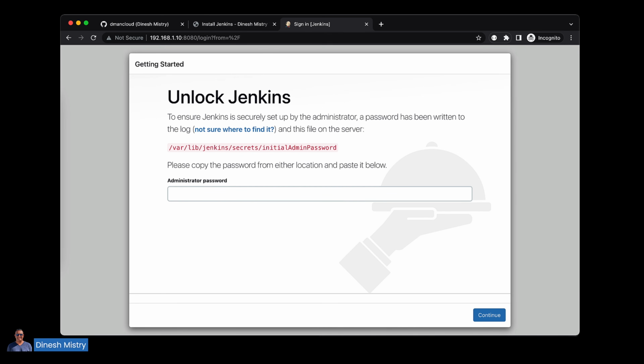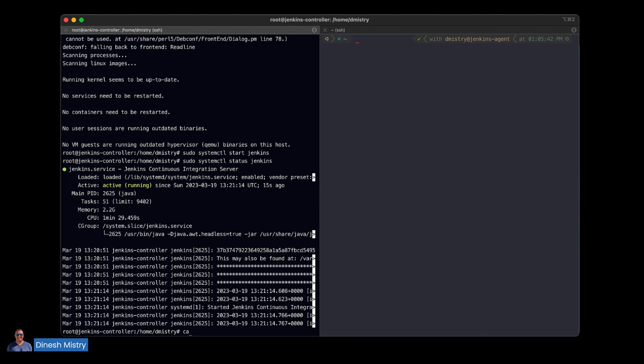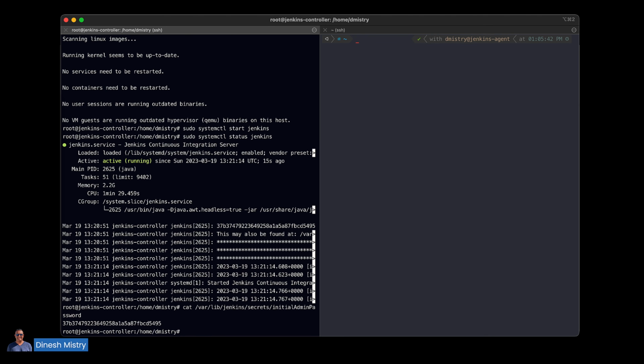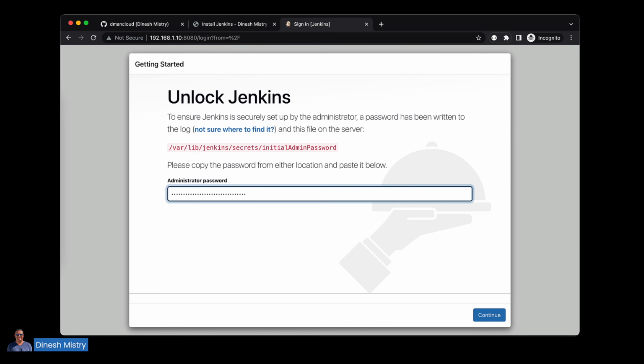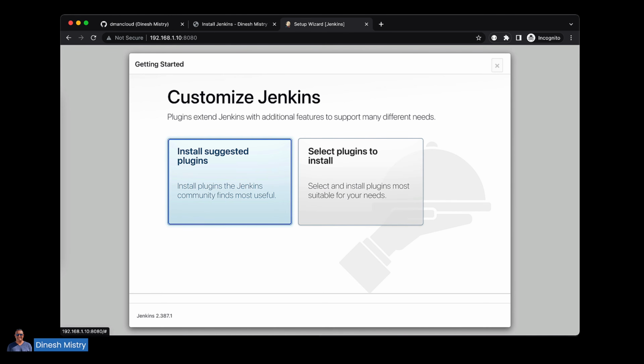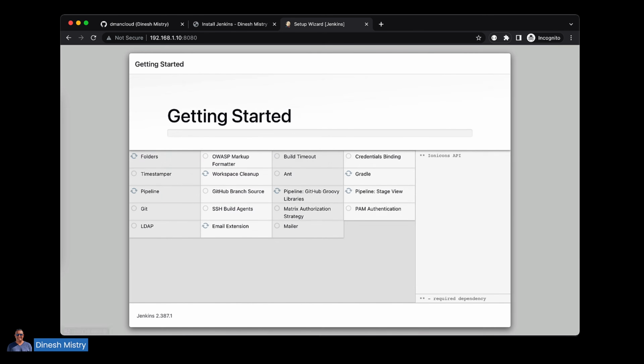By default, the initial password is stored in a file on the host machine itself. So what we'll want to do is copy this path and cat that file so we have the initial password. So here we can see by pasting in this password, we're able to continue, and we'll just go ahead and install the suggested plugins. This will install a set of good base plugins that most projects or pipelines will rely